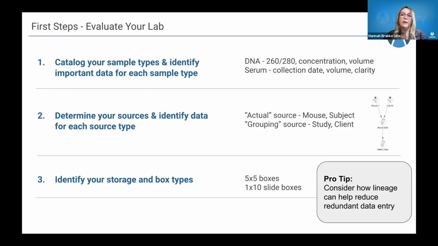And so identifying the types of things that you want to capture within the system is a good first step. And then from there, going through and identifying the important data that you want to capture for each of those sample types. That can, again, be very specific for the type of samples that you're collecting or receiving. For DNA, for example, it might be your 260-280 ratio or concentration. Serum might be a little bit different. You might have a collection date or clarity around that serum. And so being able to catalog those things ahead of time in Sample Manager will help you get the structure